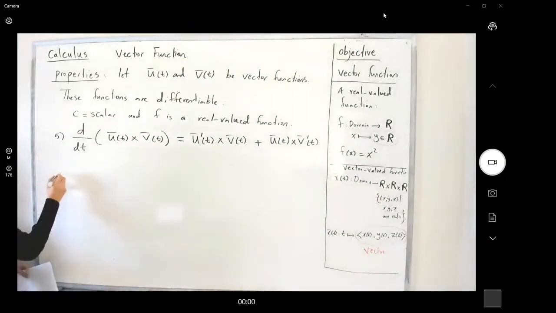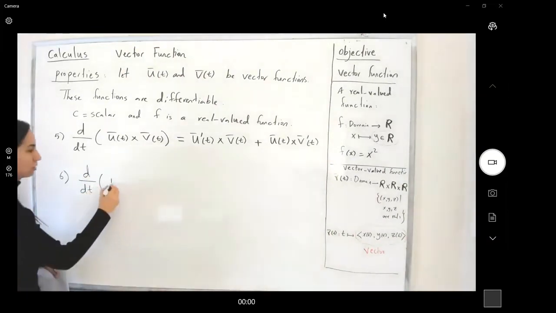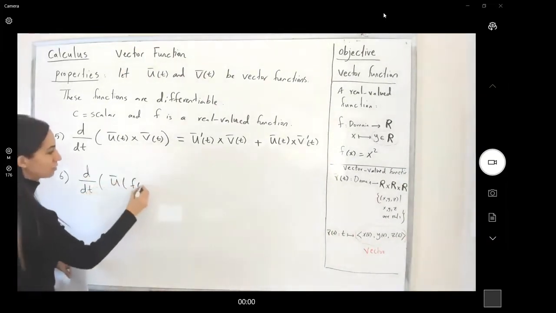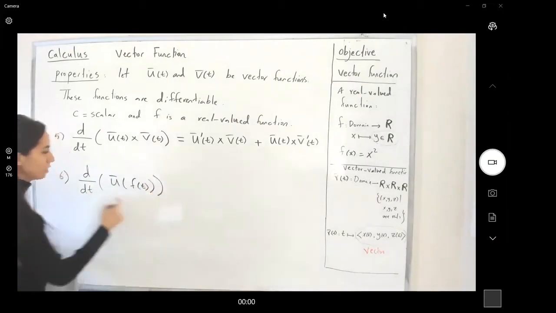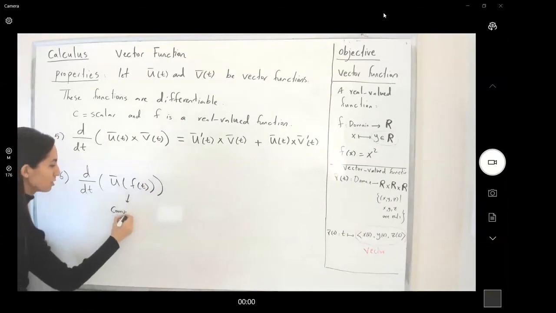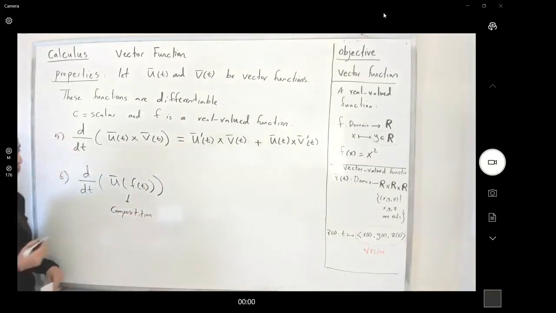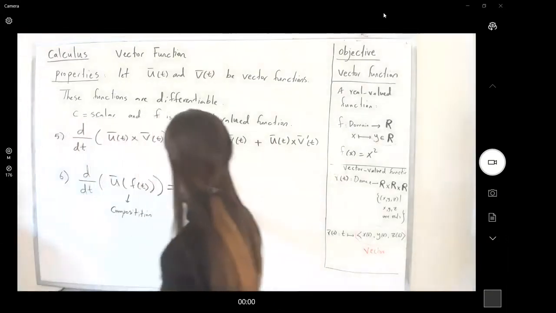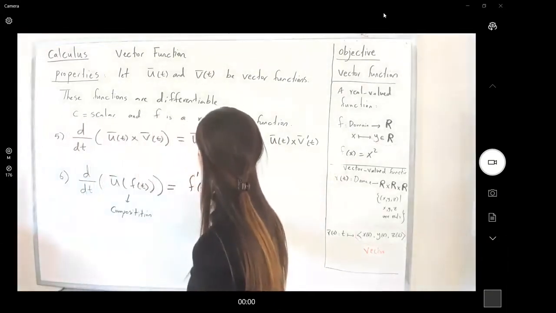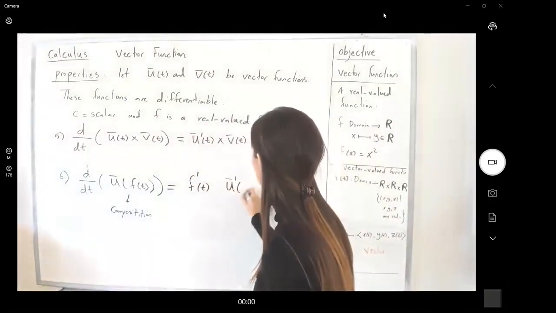And what if we have the derivative of the composition of u and the real valued function f? We have a composition of two functions, which means that we need to apply the chain rule. The chain rule says here it is equal to the derivative of f times the derivative of u composed with